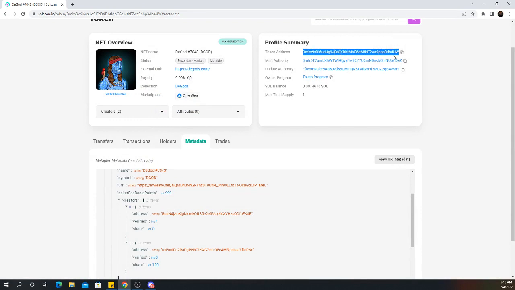So this is what actually determines what is part of a collection, what's not part of a collection, things like that. This is why when we were talking about Matrica verifying and getting people in and getting people roles, I basically send them a list of all of the token addresses that are part of the collection. So if your token address is not in Matrica's system yet, then it doesn't give you the role. And so that's kind of what's going on with the roles. That's true of any collection that uses Matrica, Grape, whatever. You send them a list of these token addresses and you say, hey, these are the ones that belong in. And if somebody makes a copycat like this, those can't get in.